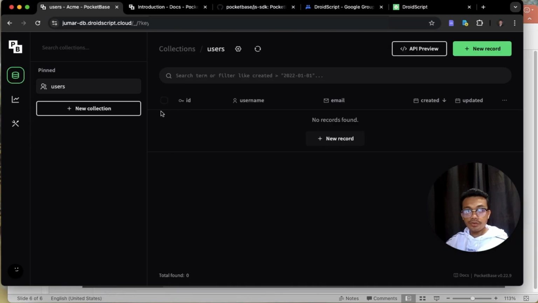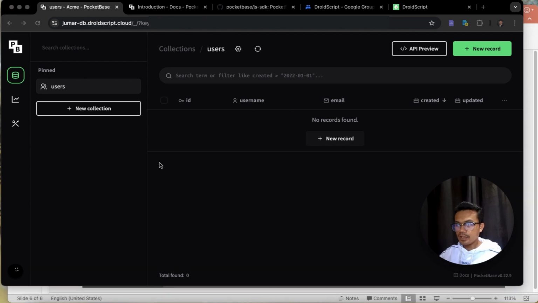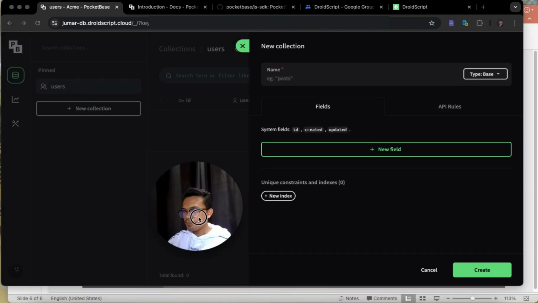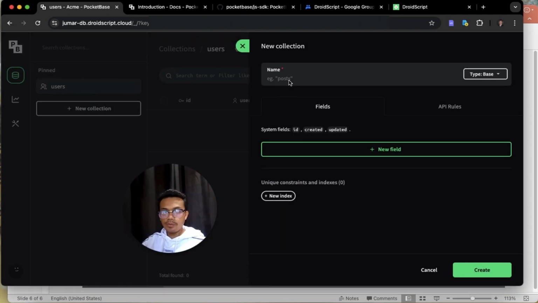Okay, so if you click the third link from our email verification, it will open this UI dashboard here. So this is the UI dashboard for our Packetbase database. I will create a new collection of type base. So click this new collection button right here, and then it will open this side panel, and we will name our collection post, and then the type is base.